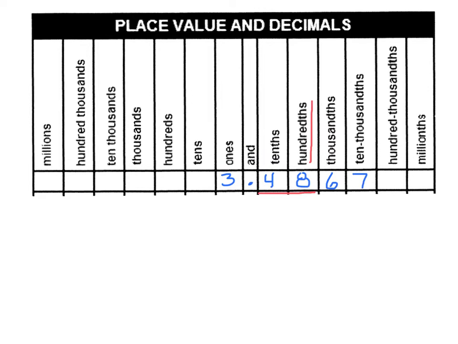If I were to add a 7, now the number would be 3 and 4,867 10,000ths. Notice I said 3 and 4,867 because I'm looking at this entire number. If I added another number here, now I have 3 and 48,672 hundred thousandths. And if I added one more, then I would have 3 and